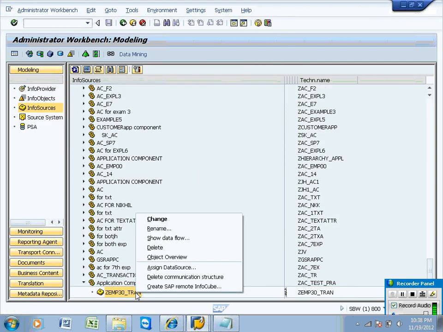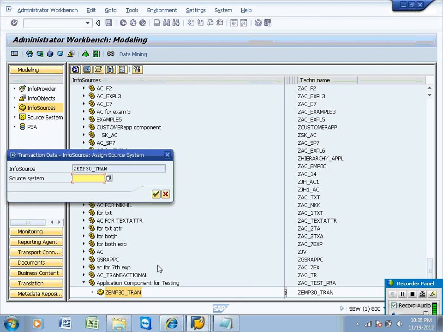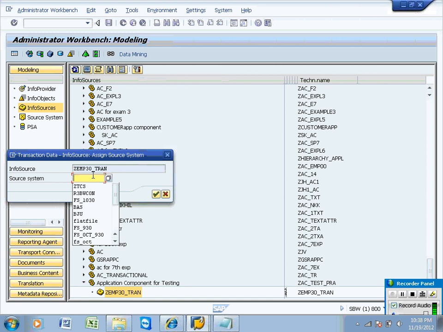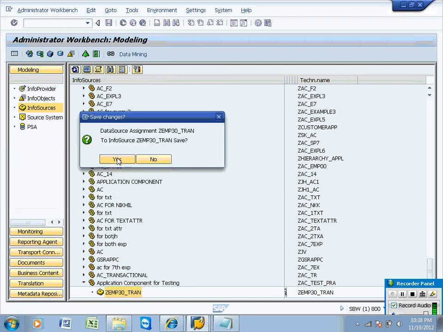Then right click and assign data source, and we have GTCS. I think it is from the brand system.